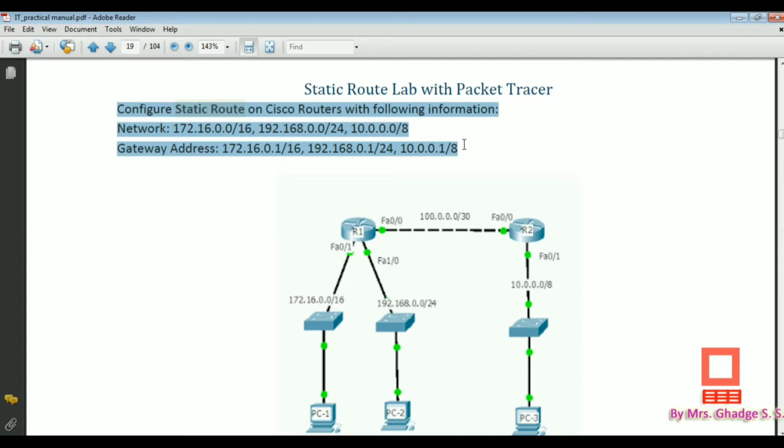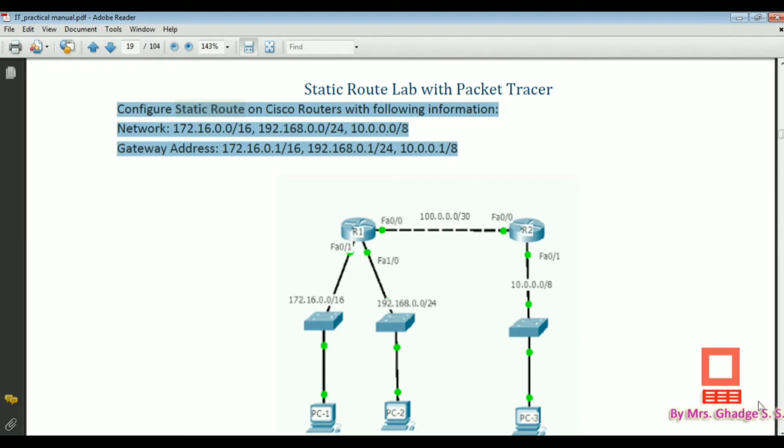First, the networks are given. First network is 172.16.0.0/16. Second network is 192.168.0.0/24. Third is 10.0.0.0/8. And here are the given gateway addresses for each of these networks.